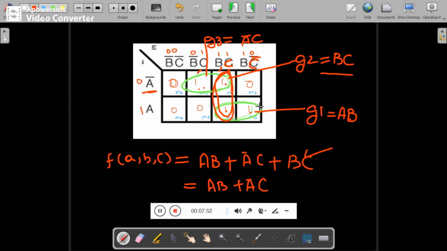That's why when you use K-map, try to see which are the essential prime implicants and which are the non-essential. In this case, this is non-essential, so don't write that one. Only essential you write. And one more thing is you should not solve it once again by using Boolean laws and theorems. If you solve the expression by using Boolean laws and theorems, then the whole idea of K-map will be lost. That's why you have to solve by using K-map only. So this is the one problem we saw.